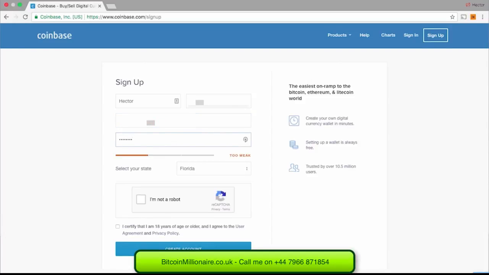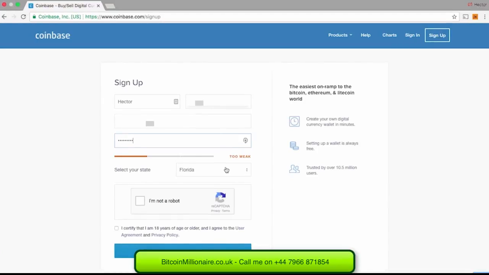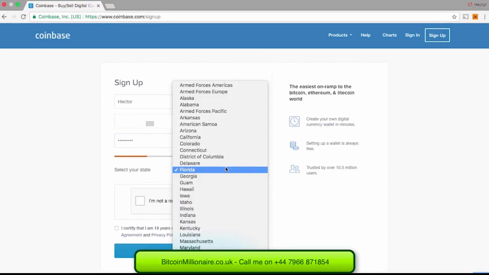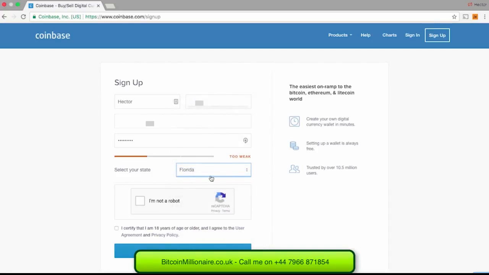After you choose your password, click on your state. But please note that you can also use Coinbase in other countries like Canada. But because I am in the US and Coinbase knows my location, it is already selected for me. After you make sure Coinbase has the right location, click on I am not a robot, which will ask you